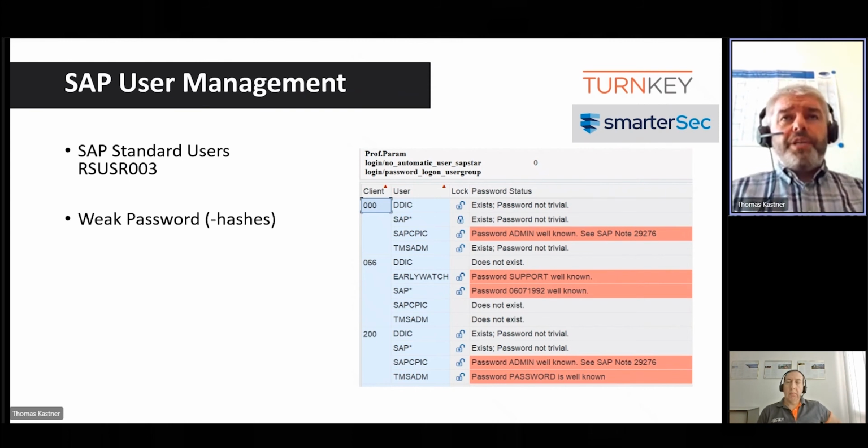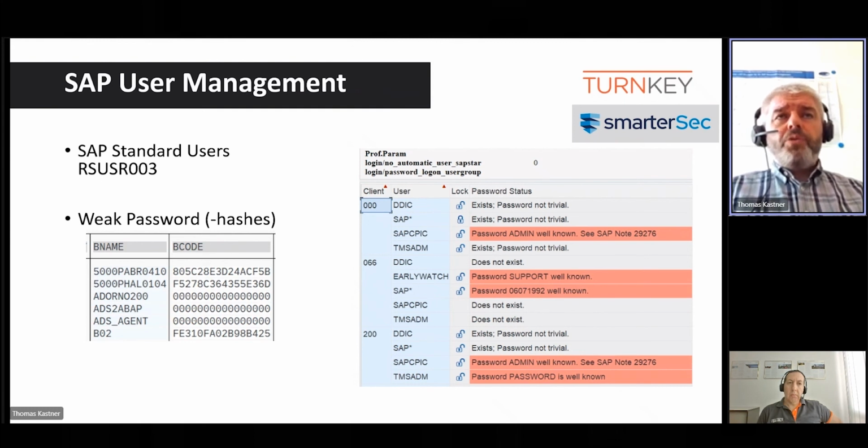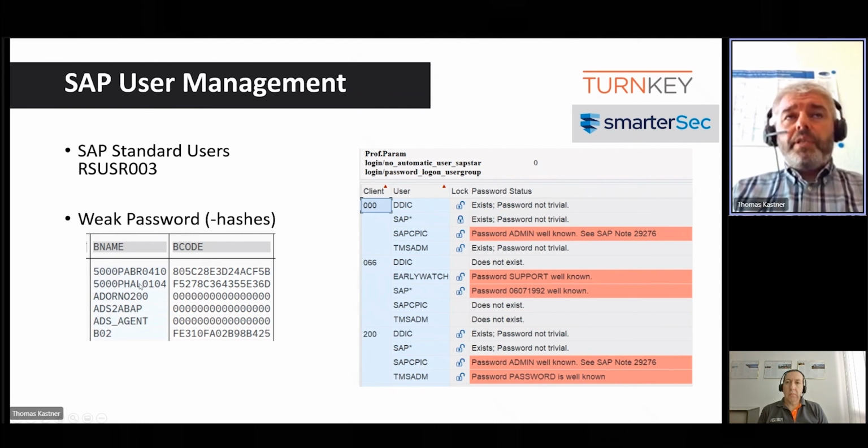Talking about weak password hashes, if you still use passwords, SAP has used weak password hashes in the past. They are broken, and the how-to is known. There are password cracking tools like Hashcat and John the Ripper. And those weak password hashes are unfortunately still stored in your master data of the user record, in that case the column BCODE.